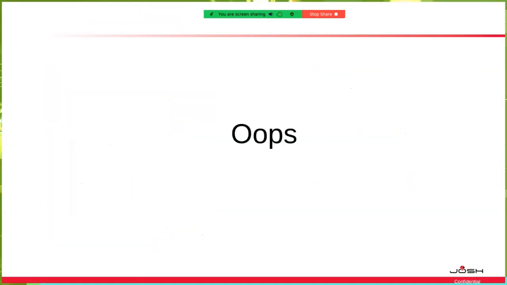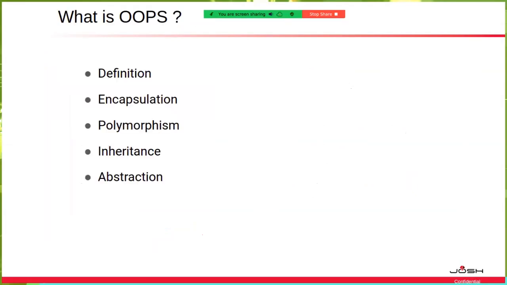Most of us already know that we have shifted from procedure-oriented to object-oriented programming. So let's first discuss what OOPS is. By name it's just object-oriented paradigms, but ideally it means considering everything as an object, a distinct entity with some properties as well as some actions to it. Let's take a real-life example, like your mobile phone,